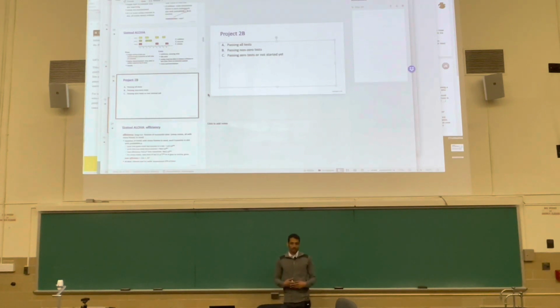In project 1B, it was easier to approximately guess a cutoff where we expect you to be. But here it's much harder. These tests are also different. The Gradescope environment is different. So we can't possibly give you a cutoff for that. But we already know that more than 1/3 are passing all tests. And whatever speed those 1/3 or so get, the top 1/3 is guaranteed to get 100. Right? So that's what you can be sure of.